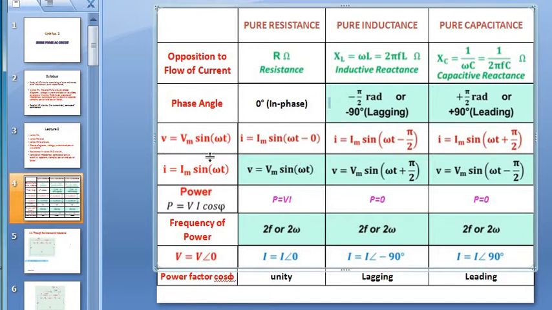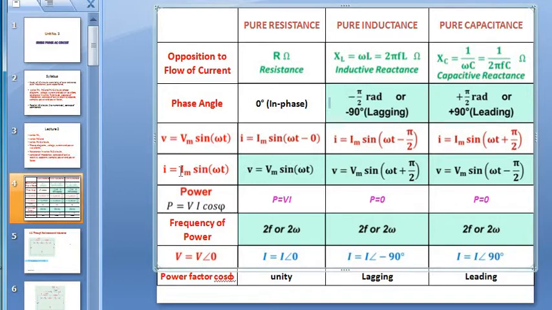For pure resistance, I is equal to Im sin omega t with phi is equal to 0. This is what? Phi. For inductance, I is equal to Im sin (omega t minus pi by 2). The current is lagging behind the voltage by pi by 2. Lagging, negative. Pi by 2 means 90 degree. Okay. Next, for pure capacitance, the current equation will be I is equal to Im sin (omega t plus pi by 2). Instead of minus pi by 2, for capacitance it will be plus pi by 2.